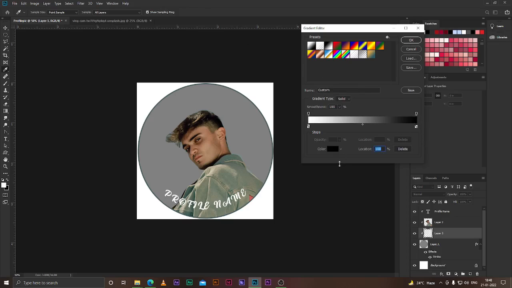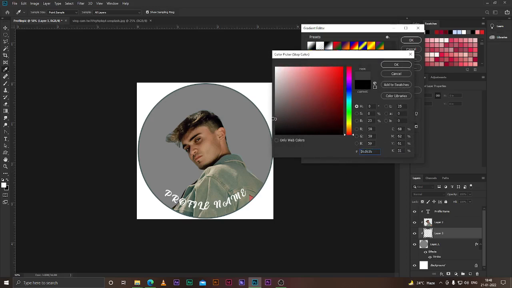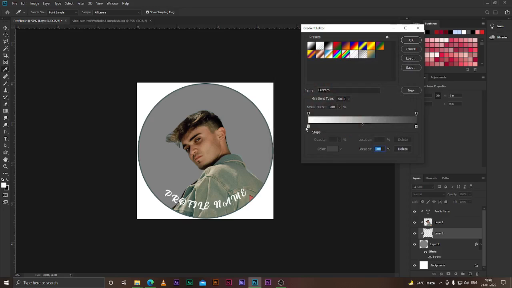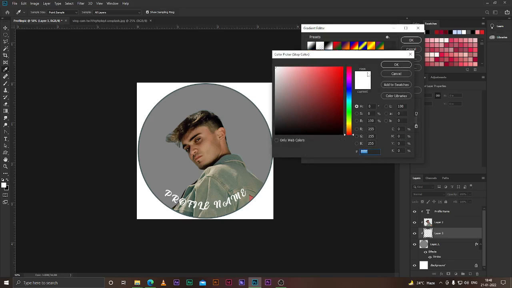Put the color of the gradient a bit more on this portion, like 27% of brightness, and don't put 100% brightness. Give it 96, 95 or something. Like I'll give it 91.